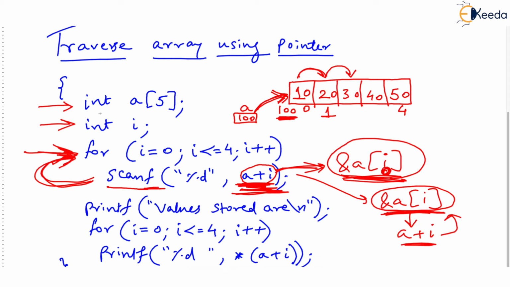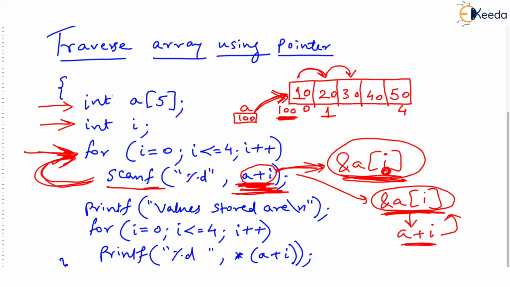So what we are learning is that once we have seen the concept of array and pointer, and once we know that the array itself is a pointer that stores the base address of the array, a number of conventions and notations are open to us. You may write &A[I] or you may write A plus I, and then let I vary in the for loop from the beginning, that is 0, up to 4, that is the end.